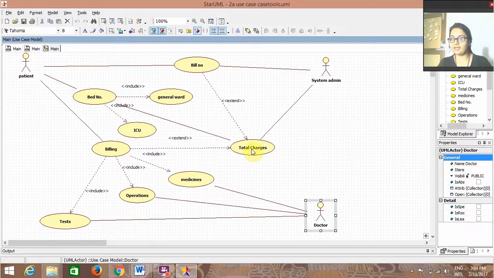The billing is extended by total charges, which is taken care of by the system admin, and the bill number is included in the total charges. Now the billing will include tests, operations and medicines that the doctor has prescribed, and it can also be accessed by the patient as well as the system admin. Now we'll see the